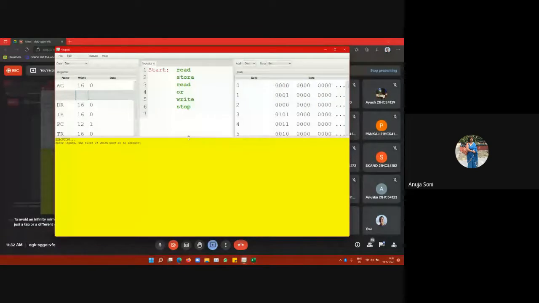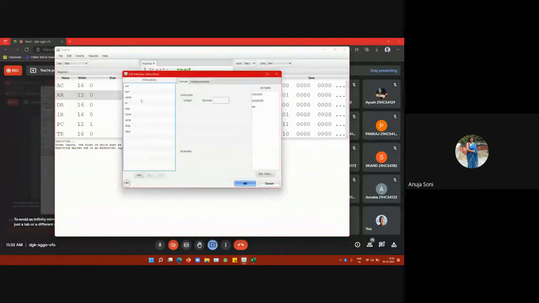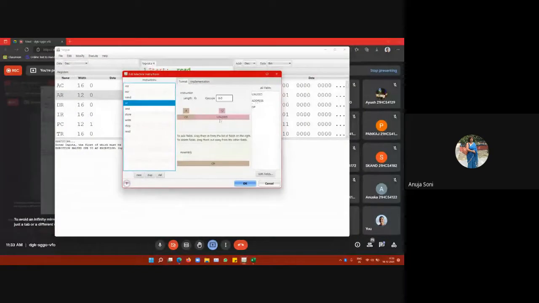But in that case, the machine instruction, like here Yash has given only OR and AND, and he is not utilizing any address part from the memory, meaning he is not storing any data in the memory. That's why he has made use of the unused field in the instruction format in place of address. If he would have used an address part as a part of OR, he would have written OR and some variable, like you had written in the earlier version. In that case, there would have been a change in the machine instruction as well.